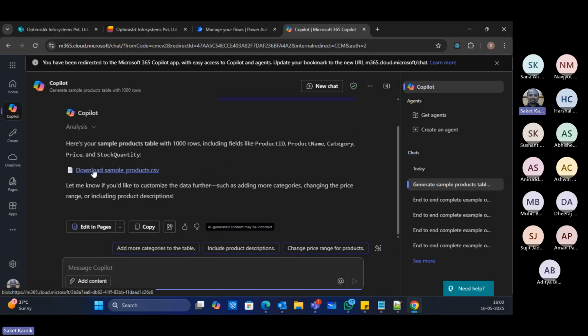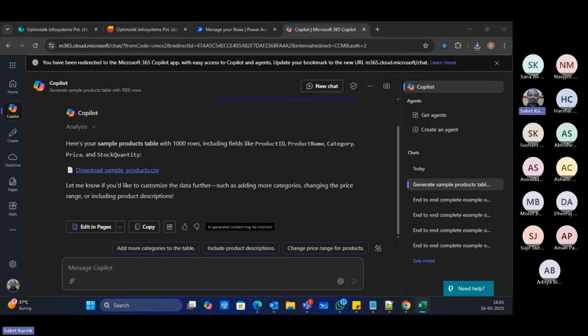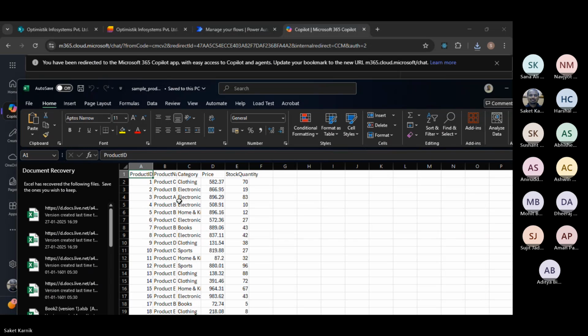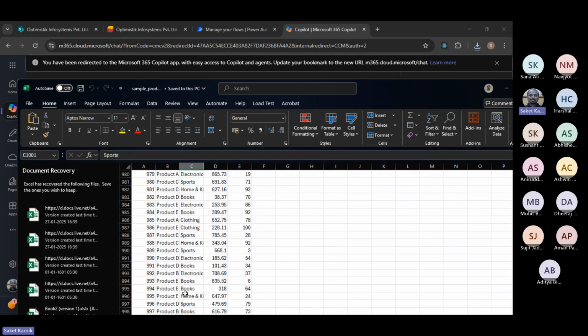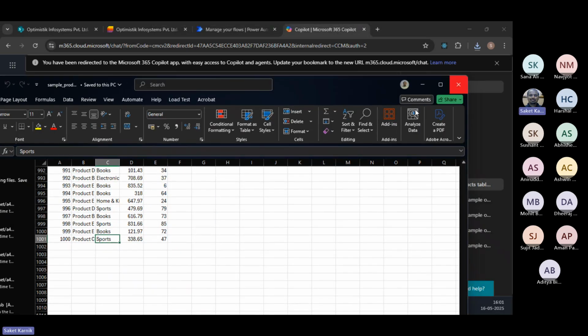See, a downloadable version it created, CSV. So if I download this and open this, CSV usually opens in Excel. So does it here. And you can see almost 1,000 rows must be created. Have a look at this. Right. So this can be pretty useful.